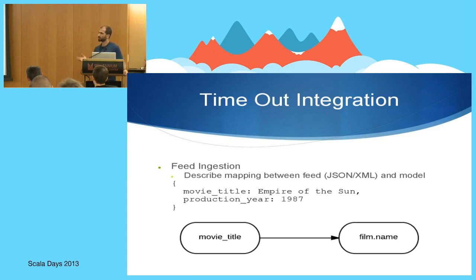What we've shown right now is really a prototype, and there are a few things that we need to sort out before we can use it. But the first real use case that we intend to use at Timeout is to help us with the feed ingestion problem. Timeout is planning to expand over 50 cities, and each of these cities will have many data feeds, probably around 5 to 10. So it's a lot of data feeds, and it's not feasible to implement each of them manually.